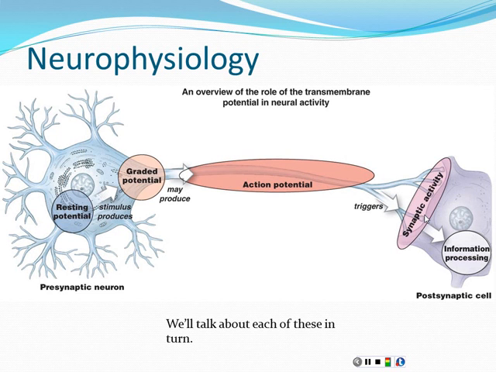For potassium, it's the opposite. Potassium is high inside the cell, low outside. So here, the concentration gradient is outbound. It wants to leave the cell. So if we were to suddenly make the cell more permeable to potassium, let's say, potassium would go rushing out because it has this big concentration gradient. Same with sodium. If we were to suddenly open a sodium door on the cell membrane, the sodium would go